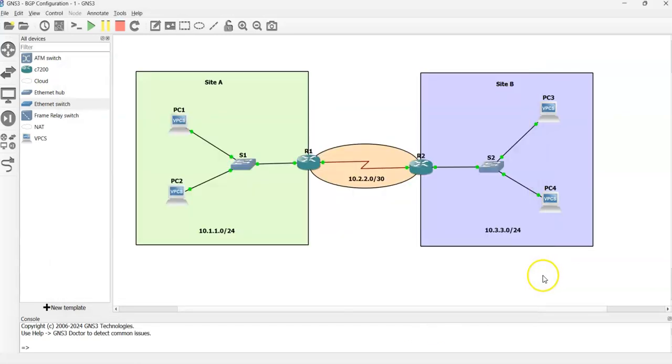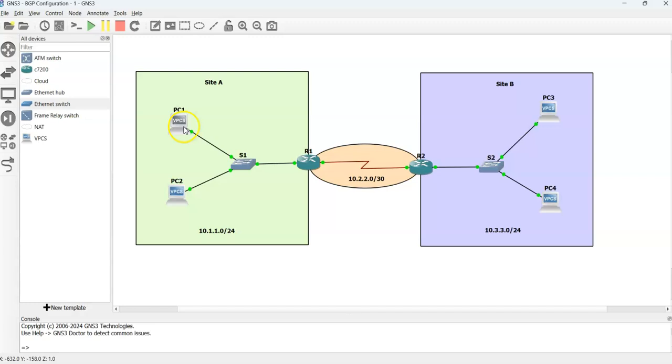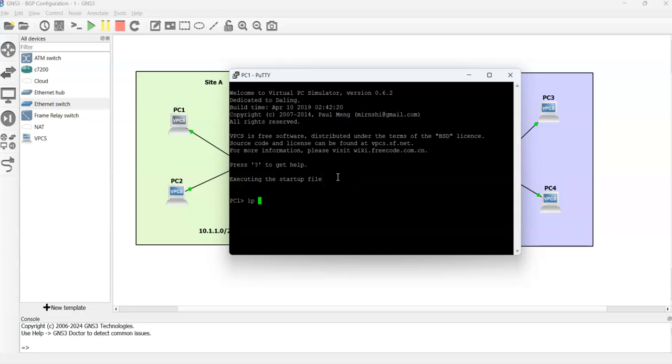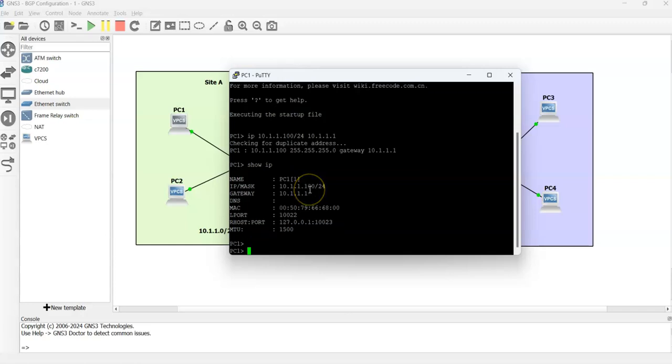And now the two routers, the interfaces from here and the interfaces connecting them and the ones to the LAN, they're all configured. But these PCs, we need to configure them. We can actually create DHCP pools from each, but we can also configure statically. If we double click on the first PC, we can say ip, and let's give it 10.1.1.100/24, and the default gateway will be the router, 10.1.1.1. If you do that, then you can say show ip, and we make sure that's actually configured, so we're good. We can ping the default gateway, which is the router,